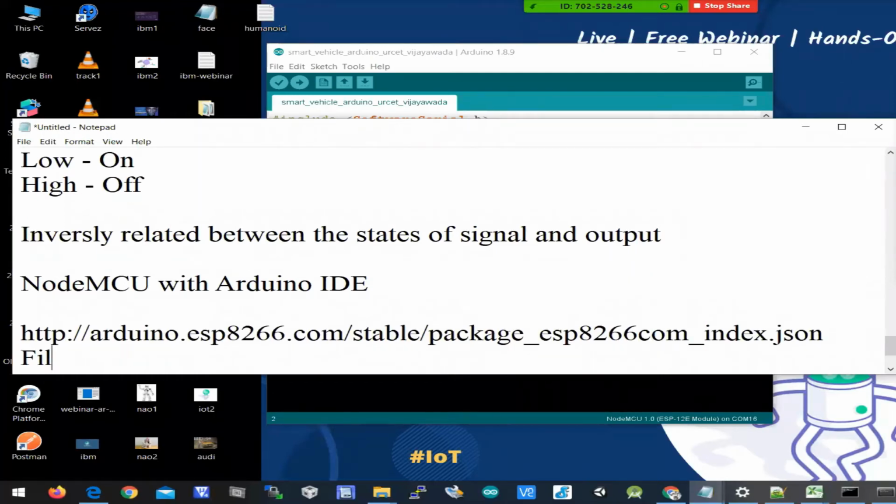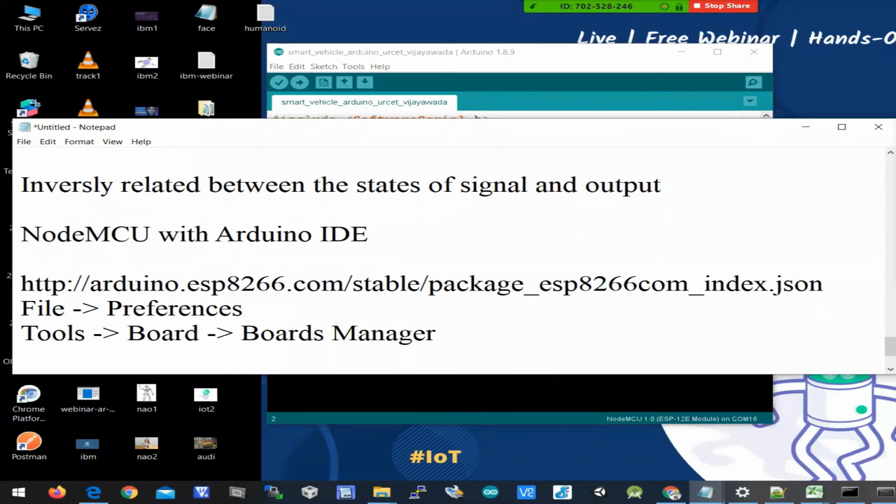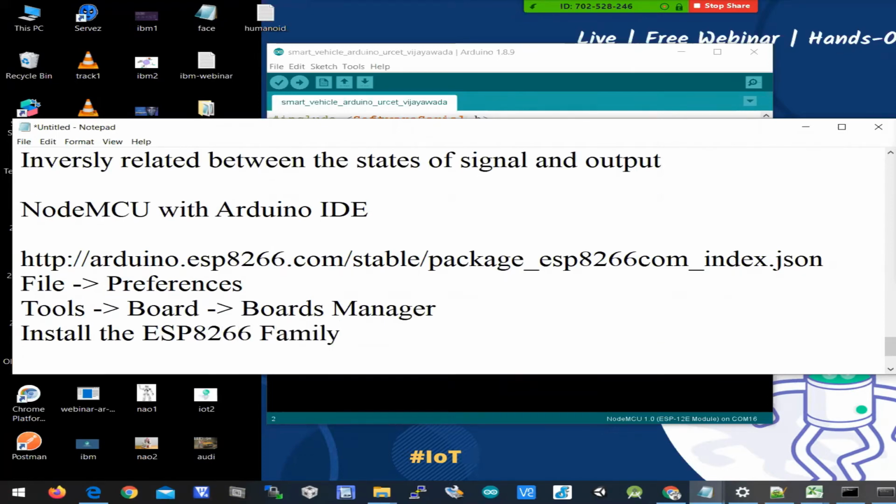So: File and Preferences, and then Tools, Boards Manager. There you have to install the ESP8266 family. When it is installing, it will download 170 MB of data from ESP8266.com.